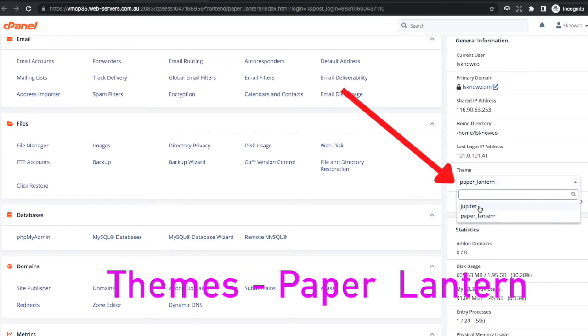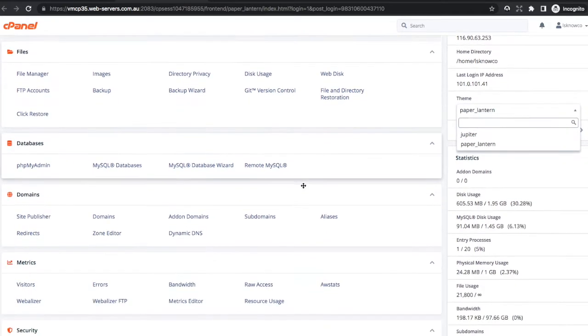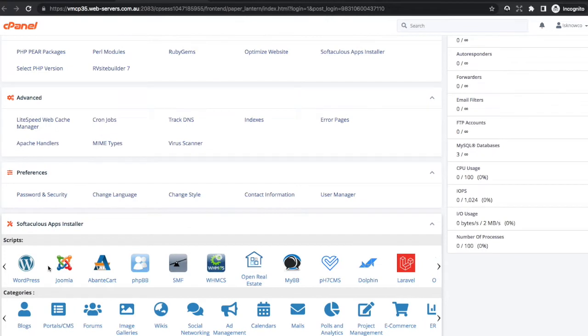There's actually a couple of themes that Panther has. You actually might be on Jupiter. I'm on Paper Lantern, so you can either go back to here and change it over to Paper Lantern so you can follow me directly, or Jupiter is very similar. It just looks, you know, the fonts are different, stuff like that. But again, both places you should be able to find the WordPress icon down the bottom here. So we'll click on that,